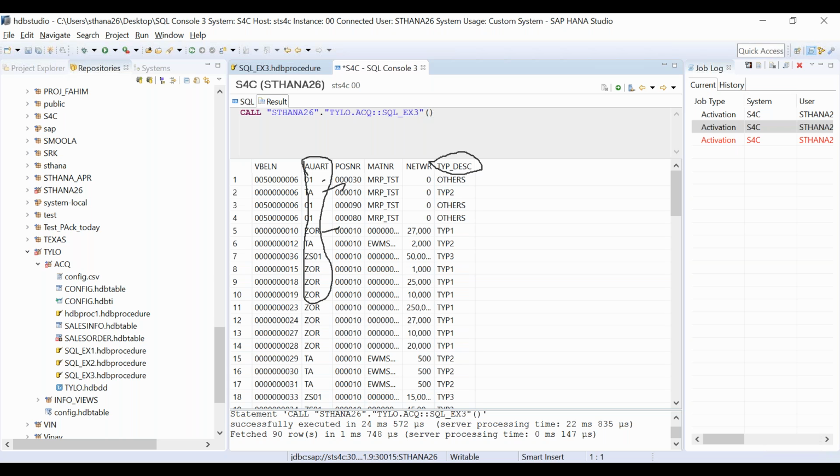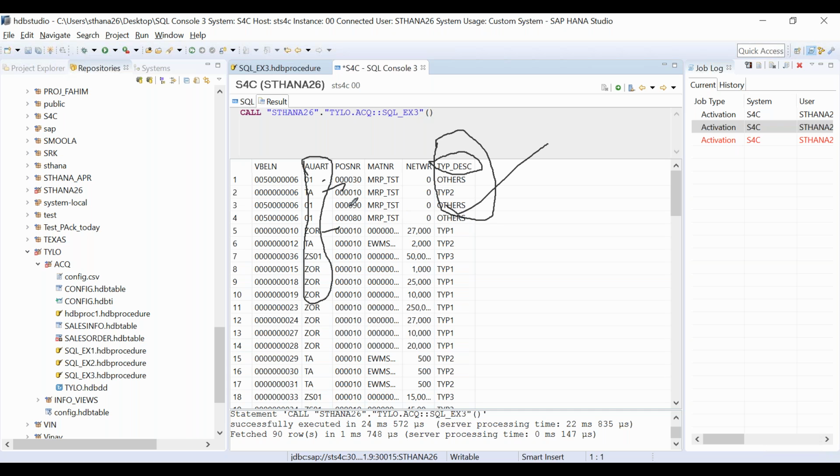Are we doing any insert statement here? No, it's a select statement. A select statement does not save anything, it's only output. I want to display certain things, but I saw that the requirement of type description is not present in the table. That is why we created one more column so that our requirement can be fulfilled.